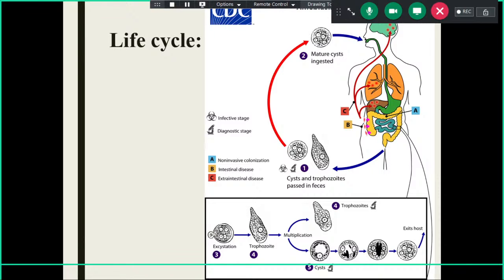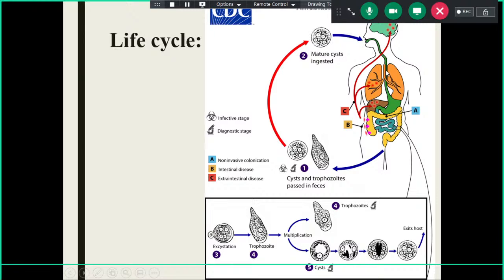Coming to its life cycle, as I told you, it lives in the large intestine of the human, that is the cecum. Okay, fecal-oral route of transmission is the mode of infection. So what happens? Humans get infected with the quadrinucleate mature cyst, which is contaminated with food and water. Okay, so with food and water, the quadrinucleate mature cyst humans ingest,